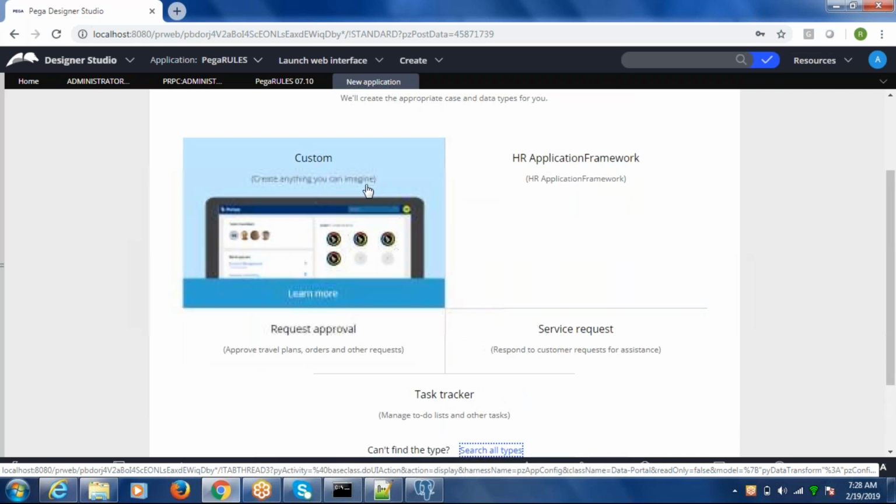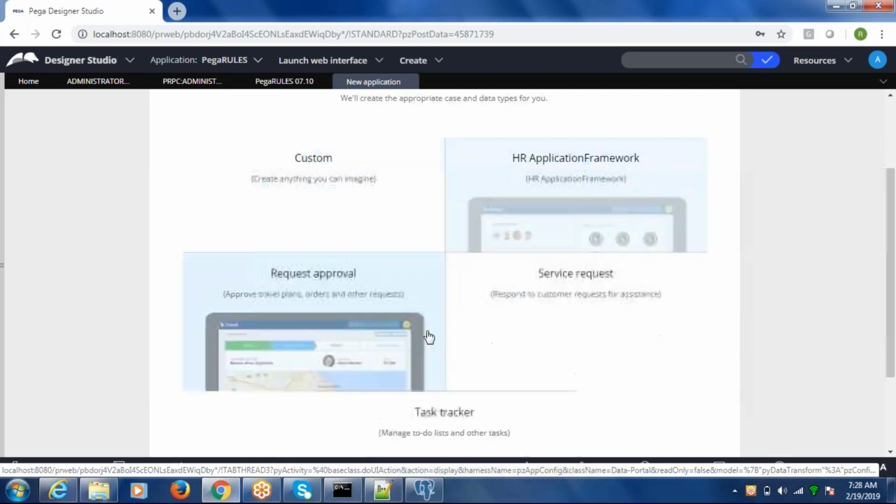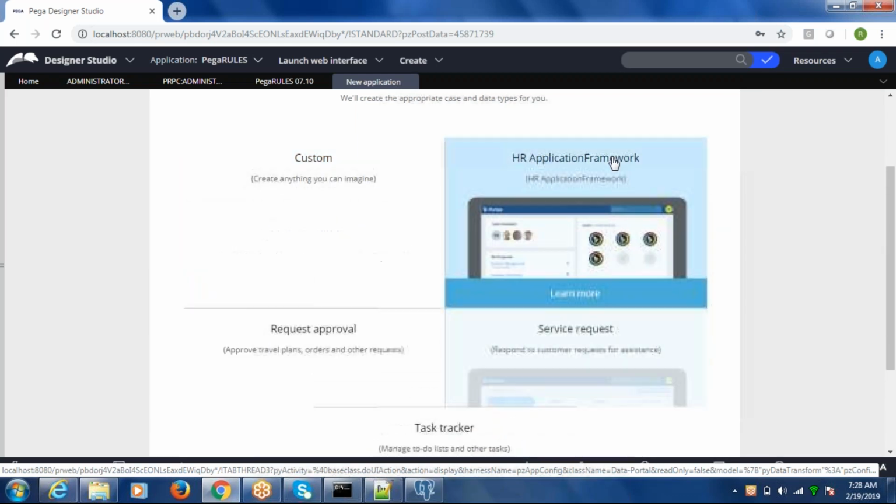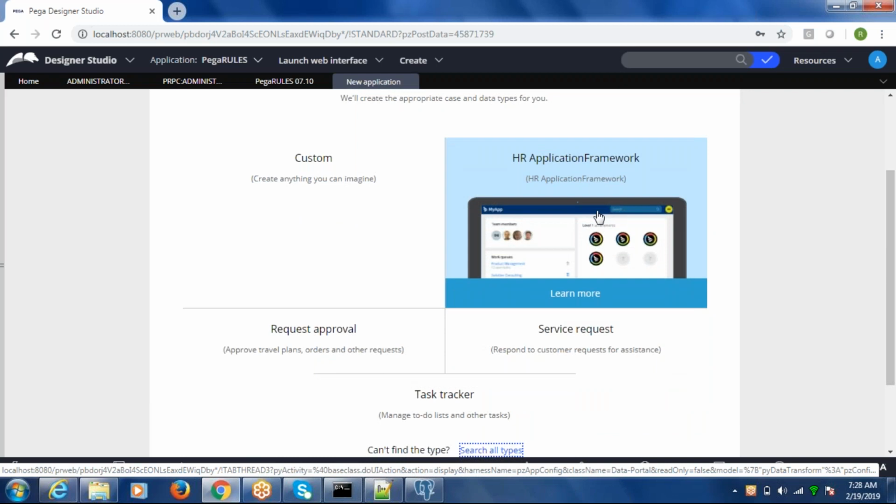Whenever we start creating any new application, we can use these options available. If there is an existing framework which is available and you want to customize the implementation, there are two different types of applications.